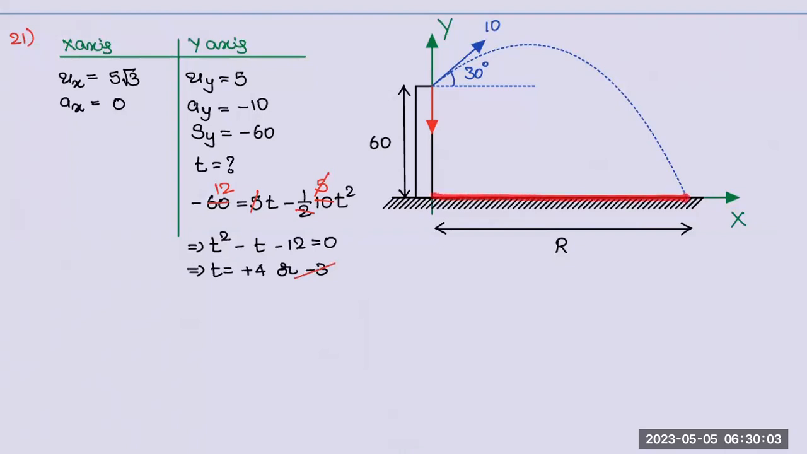What is range? Horizontal displacement during time of flight. Range R is equal to 5 root 3 into 4, which is 20 root 3 meters. That's the range. Sir, I got